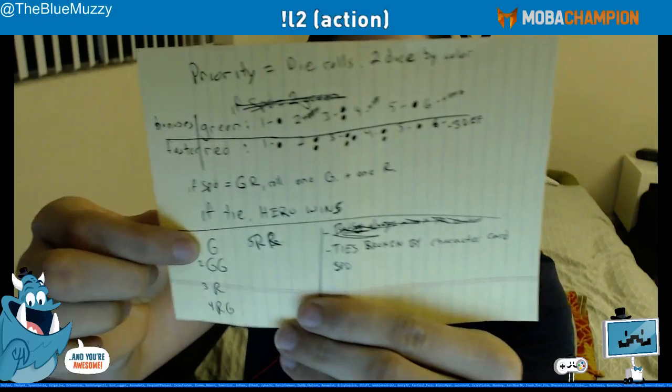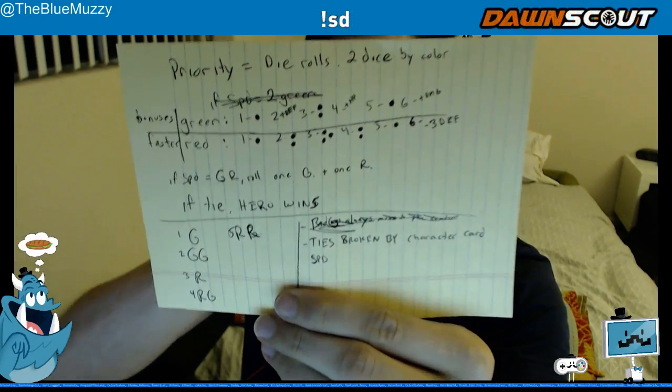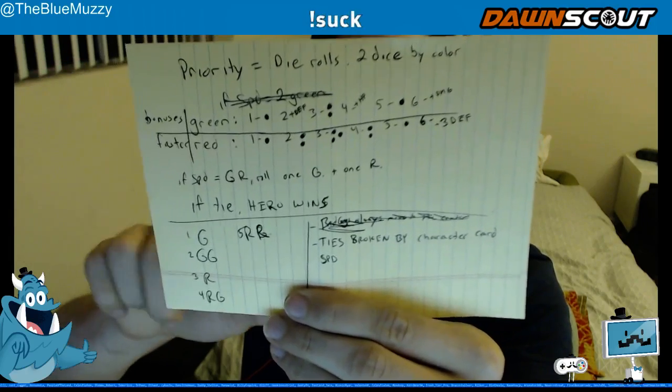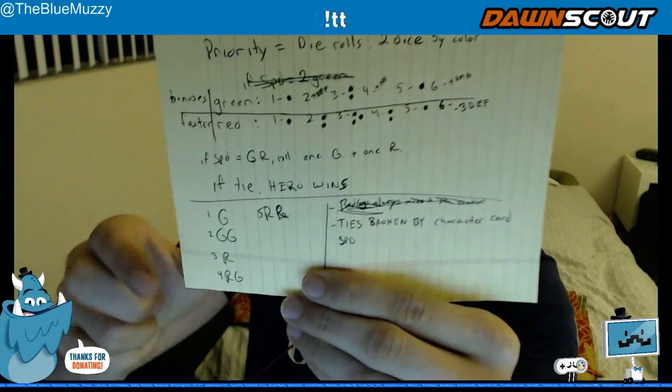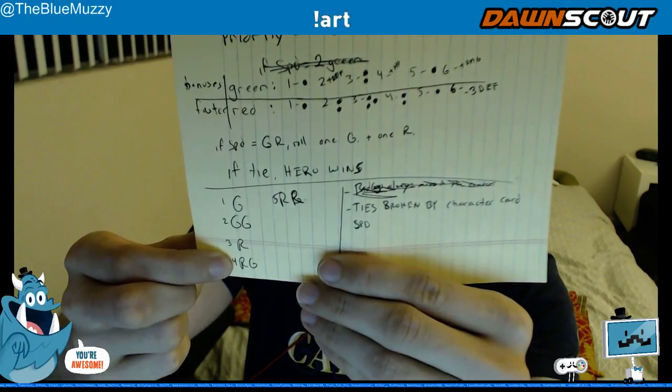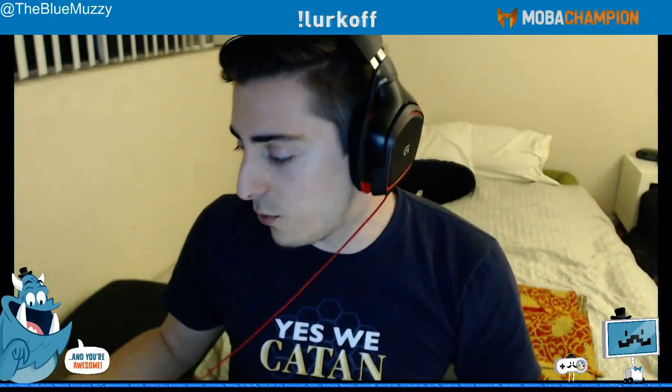So it's really green, red, green, but red still has the option of getting some. I guess red is better than green. No, I'm sorry, green is better than red, yeah. And then you have green-red, and then you have red-red. And it all depends on what you're trying to go for with your character. But each character will have a different form of